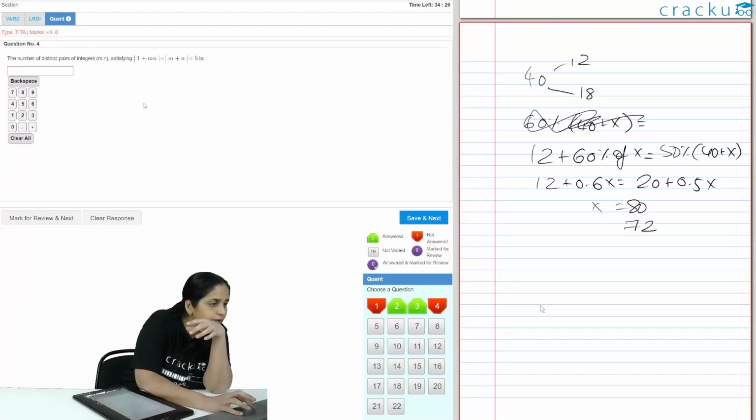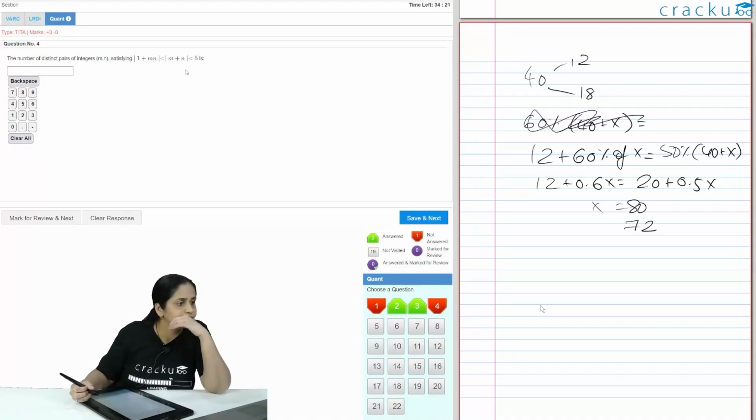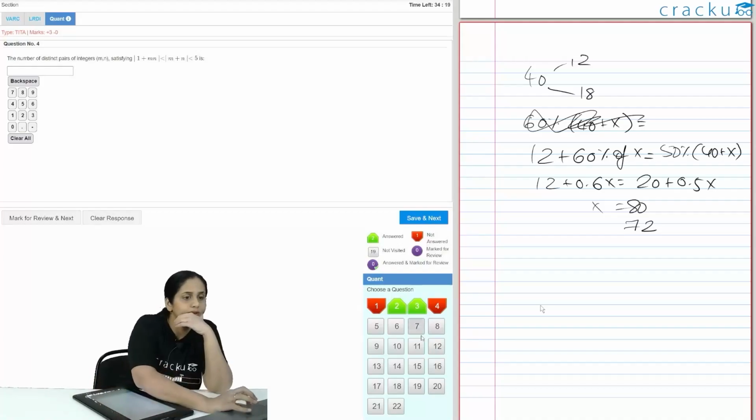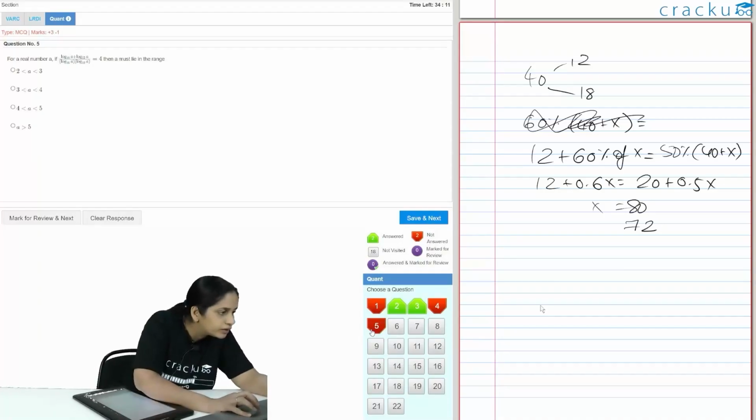The number of distinct pairs of integers satisfying this is 1 plus 1. I'm not very good at these. I'll see this later. Real number A, the name is line the range. Okay, 2 to 3, 3 to 4, 4 to 5 are greater than 5. Okay, so this is,